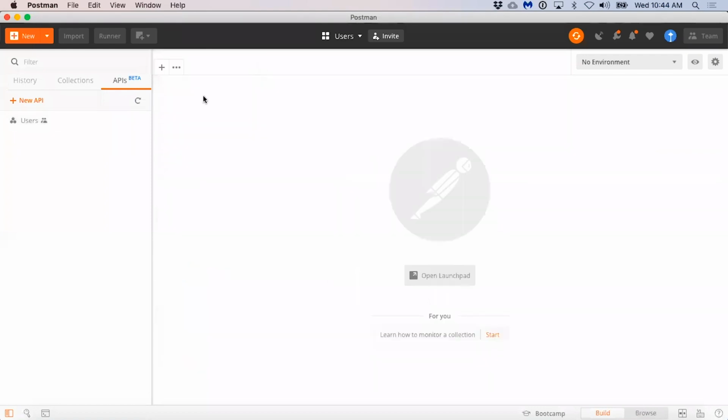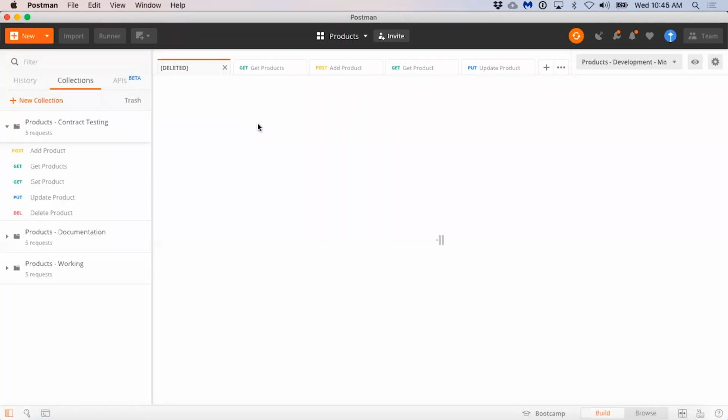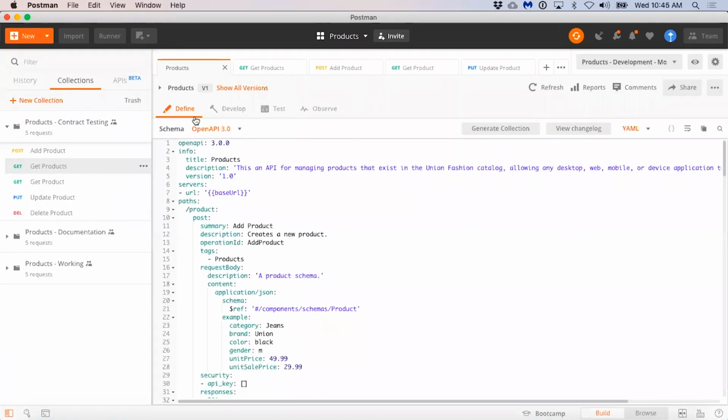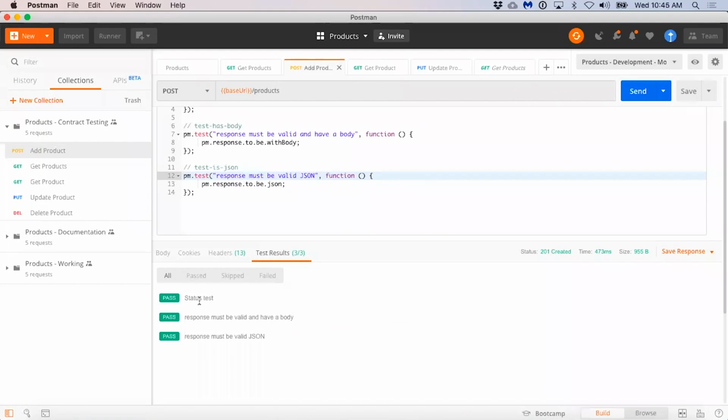Let me go back to my products and look at my contract testing for products. When you run a test, all of these get rolled up as part of your test results.